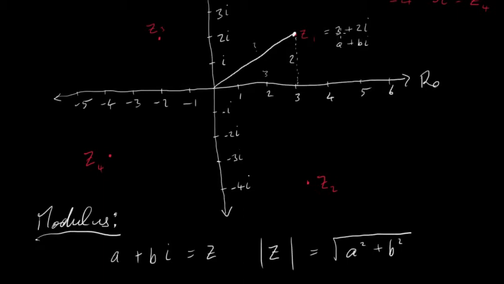So our a is 3, our b is 2. So it's going to be the square root of 3 squared plus 2 squared. And you work that out and you get that distance there. So if we do that,